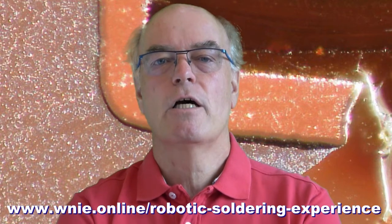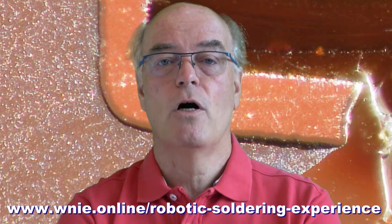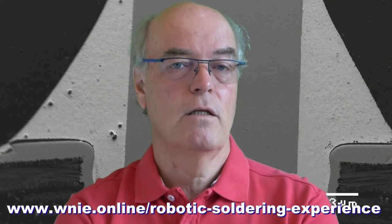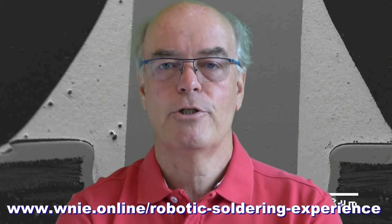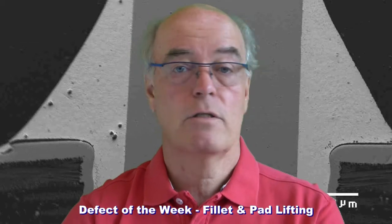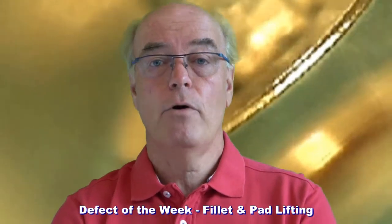So this image shows pad lifting from the surface of the board after the soldering operation. This image shows fillet lifting, so it's the solder fillet lifting away from the pad surface after the soldering operation. Now, we can't totally eliminate this particular defect, and there is very little evidence that it has an impact on quality and reliability, certainly through our experience and work that's been done by NPL on temperature cycling products and sample